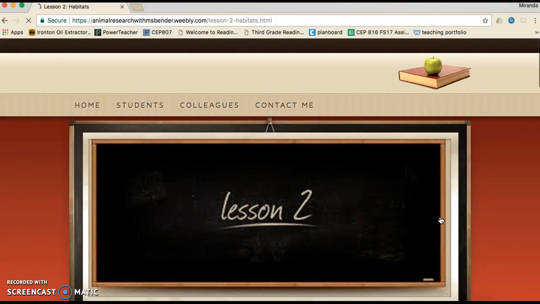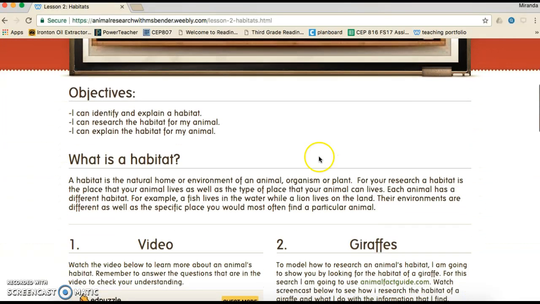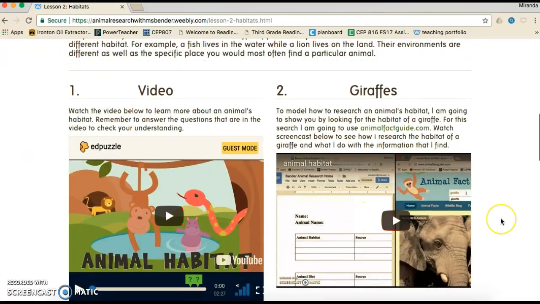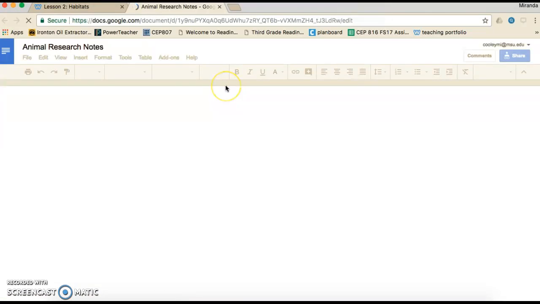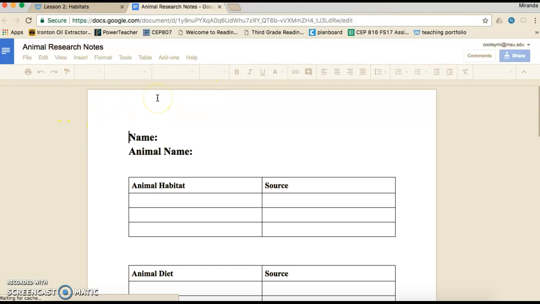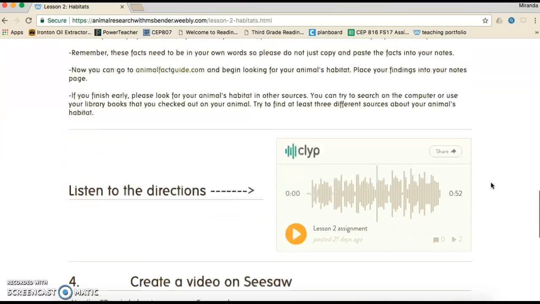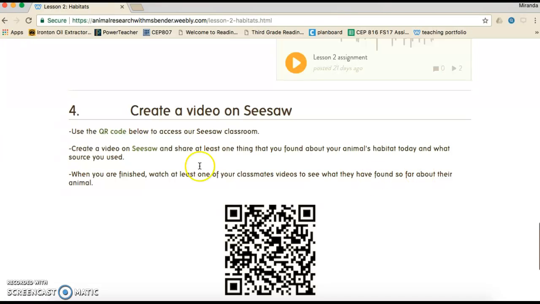Lesson 2 is set up very similar to lesson 1. It shows exactly that they're on the right lesson, the objectives, the review, and then the video, the screencast, and then the next assignment. And then again, there's a tab for them to click to get to their notes page that they'll be using. They'll make a copy of this as it says in the bullet point assignment directions, and then they'll be using this throughout all the lessons to collect their research. And then below that is the recording again, and then from here through lesson, I believe it's 5, they will